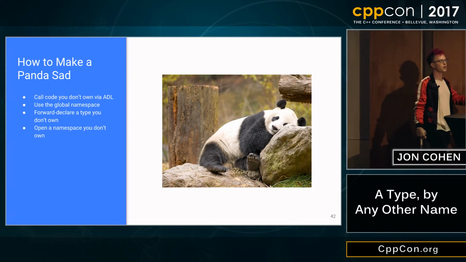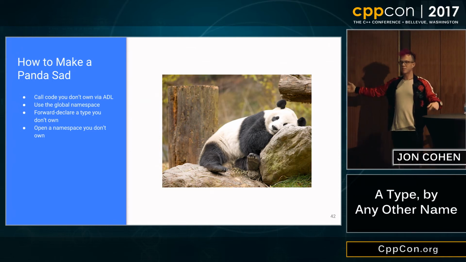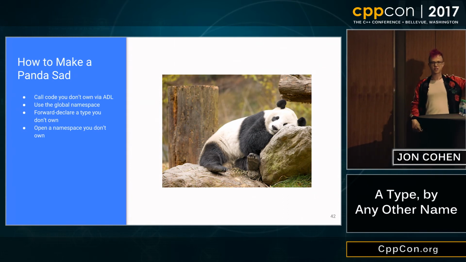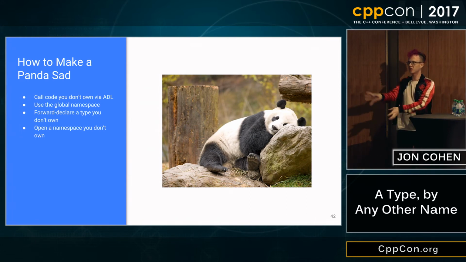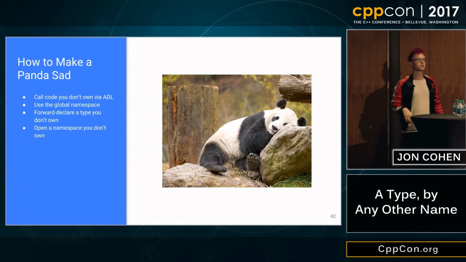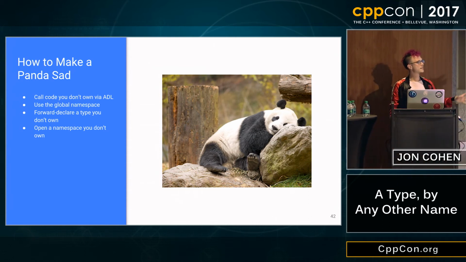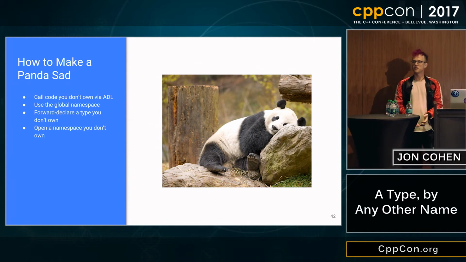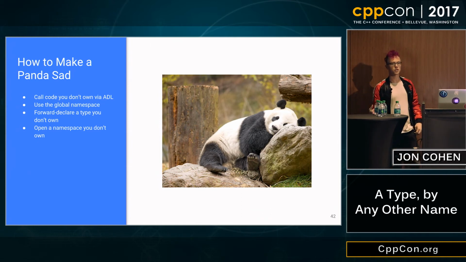There's no ODR violation. Until someone includes you and also that thing, and now you have two definitions for the same symbol. The library maintainer had no way of knowing that you stole a name from their namespace, and now there's an ODR violation for these guys down here for nothing that they did wrong. They just wanted to include two things, but you've introduced an artificial coupling in the dependency graph of the program. Again, this is all based on the idea of code ownership and not crossing that code ownership boundary. When you cross the ownership boundary, be a little bit more principled about how you're using code that you don't own.